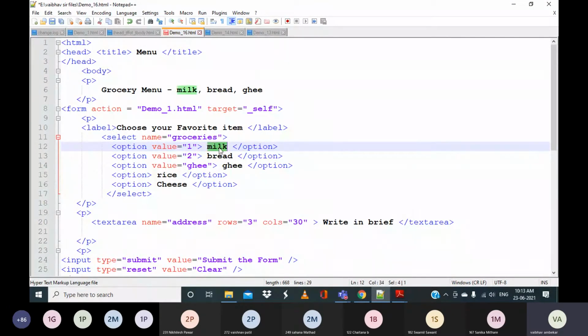All this data, milk, bread, ghee, is displayed for the user for the selection, but when you are sending this data to the server or to the next page or wherever you want, whatever is mentioned in the value attribute will be considered.